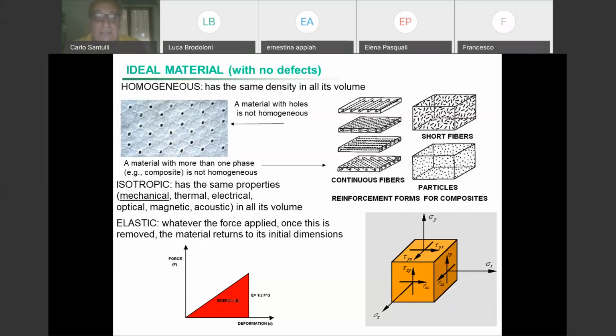Okay, then another important thing is that you see at the end of this slide, on the left, this force deformation graph. So basically, this is really very basic. You apply a force, you get a deformation, which is good. This means to be elastic. You have your spring, you apply a force, and you have this deformation, and then you are able to calculate the energy when the material deforms.